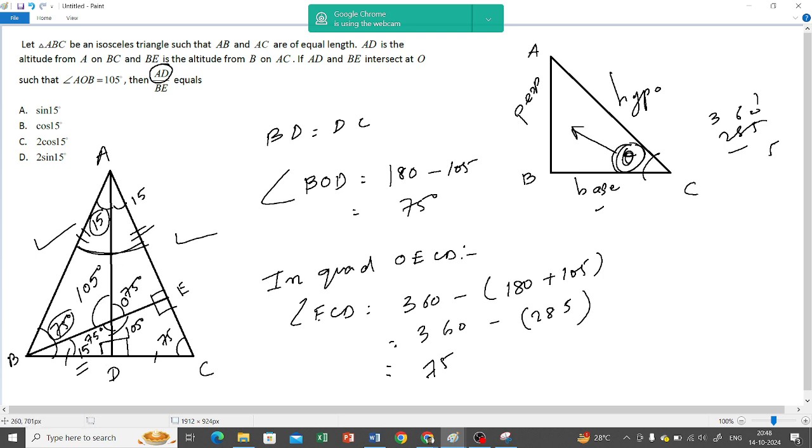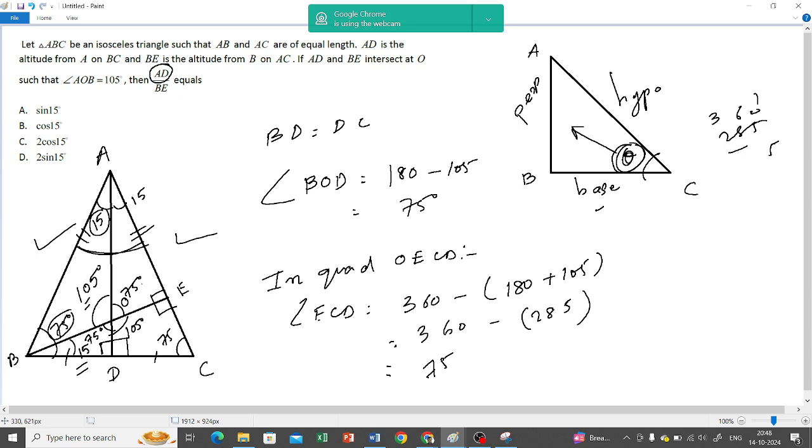Now it is given angle AOB is 105 degrees. If AOB is 105 degrees, we will actually get all the angles. কি করে পাবো? BOD কি করে পাবো? 180 minus 105 করব, 75 হবে।